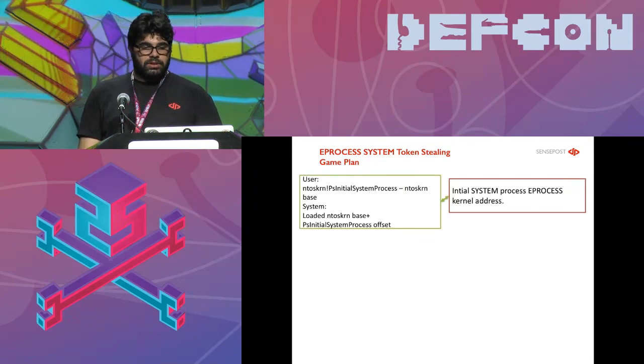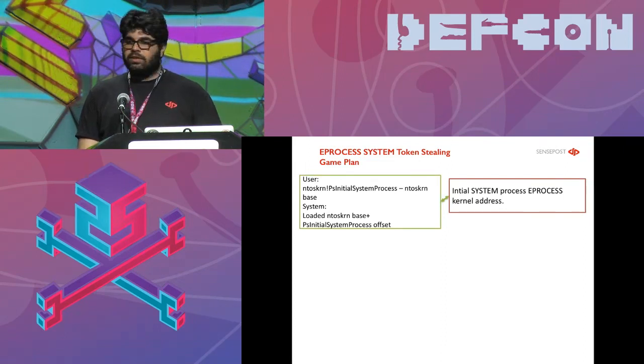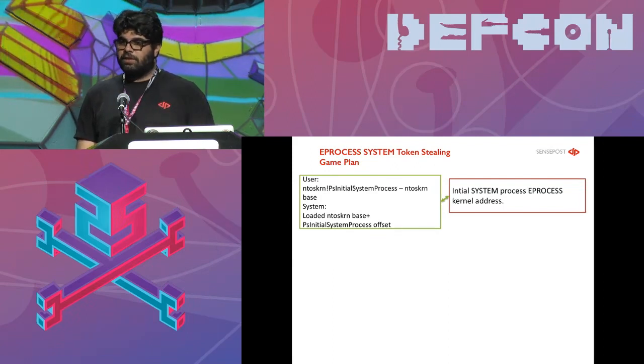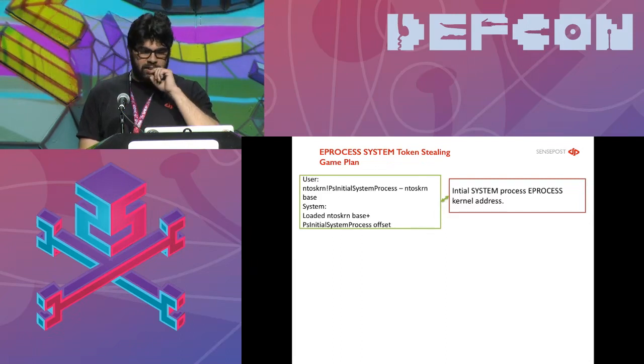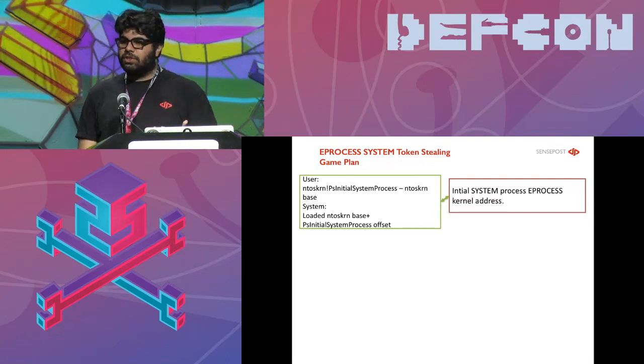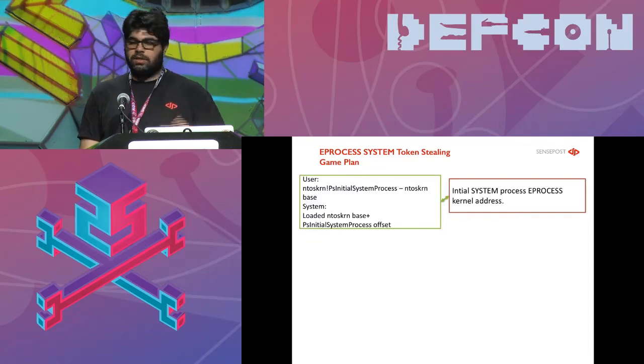And the way we can do this is, actually, there is an exported symbol called PsInitialSystemProcess. So if you load ntoskrnl.exe into your program's memory and get its offset and subtract it from the base of the ntoskrnl memory, you'll get an offset that this specific entry is located at in the kernel. And then you can easily leak the ntoskrnl base address from the drivers and then just add this offset to it, and you successfully got the system EPROCESS structure location from the kernel